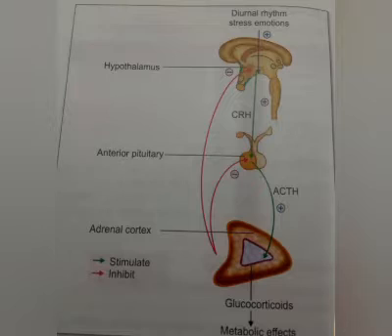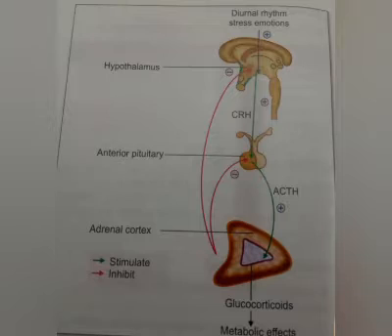Here, during stress, emotion, or diurnal rhythm, from the picture you can see the hypothalamus releases the corticotropin releasing hormone that stimulates the